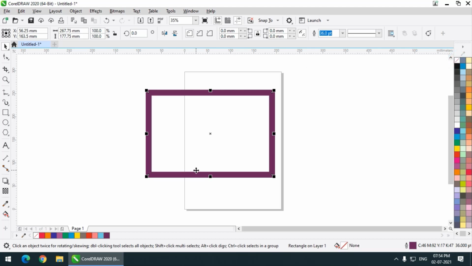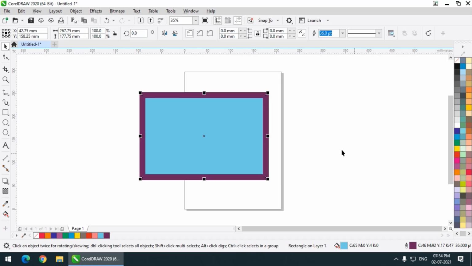I will press undo. Undo is a very common hotkey or shortcut key used in CorelDRAW. Undo brings one step backwards. So press Ctrl Z. So that means undo. You have gone one step backward. By default, CorelDRAW has 150 steps, so you can go 150 times backwards. But we can also change that.